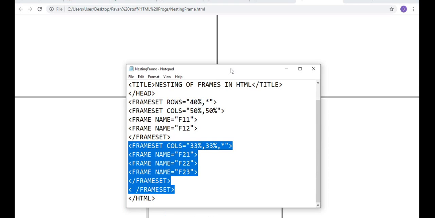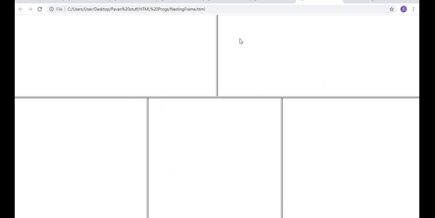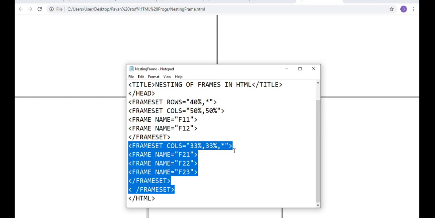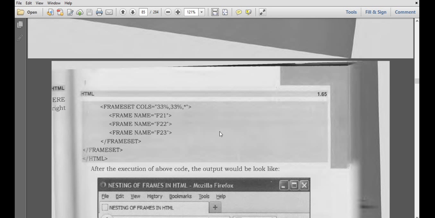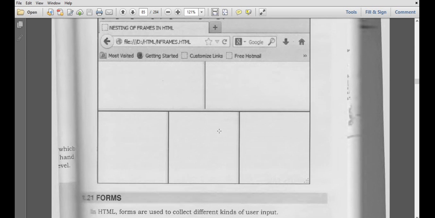So in total we have two rows and three columns. In which way you want to display your content, based on that you have to write the code in the frameset tag. If you want to display frames, we must use a tag called the frameset tag.